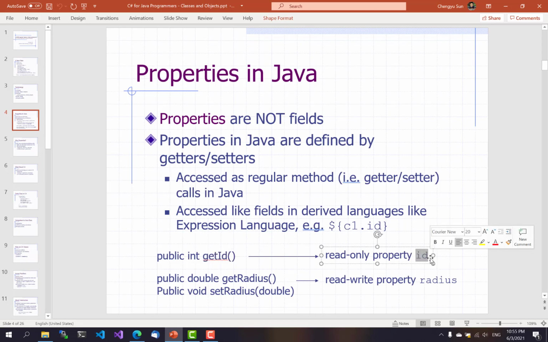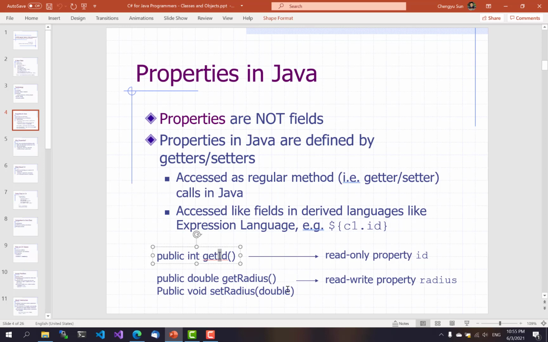Note that A, the property name is lowercase id, where the first letter is capitalized in the getter. And B, it is called a read-only property because there's no setter for ID. Similarly, the getter and the setter of radius define a property radius, and this time it's a read and write